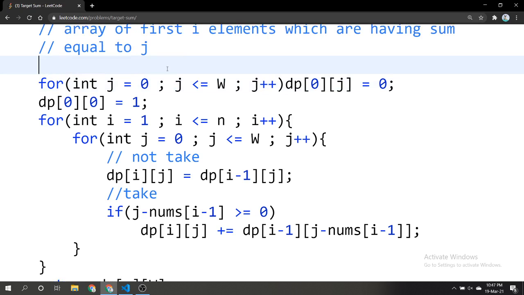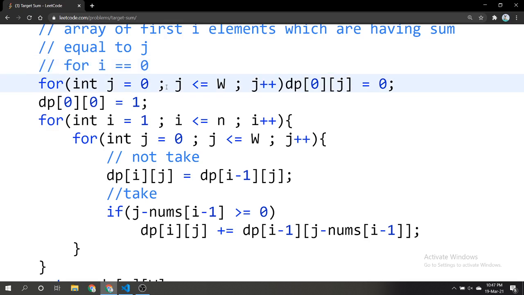If I take i equal to 0, I cannot take any elements, so for any sum from j equals 1 to j equals W, I will have 0 subsets as I am not taking any element.